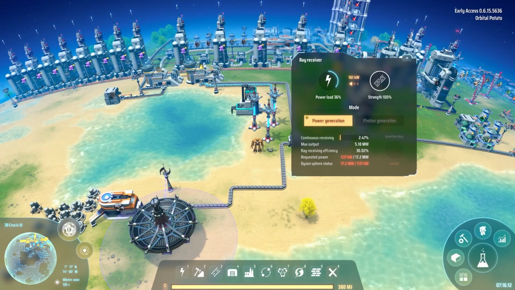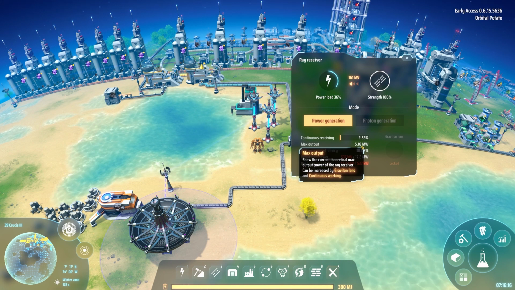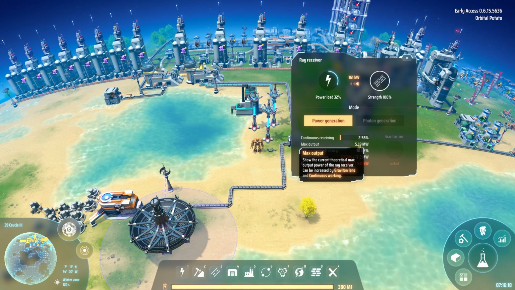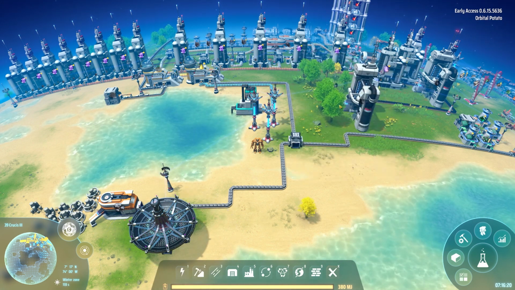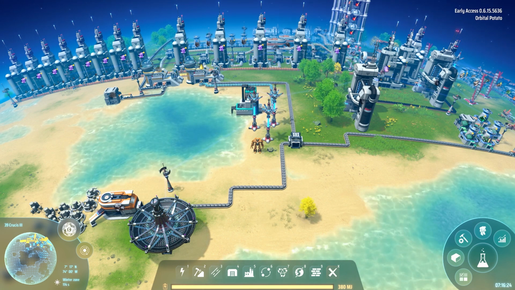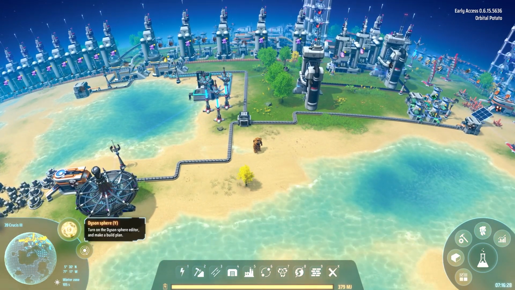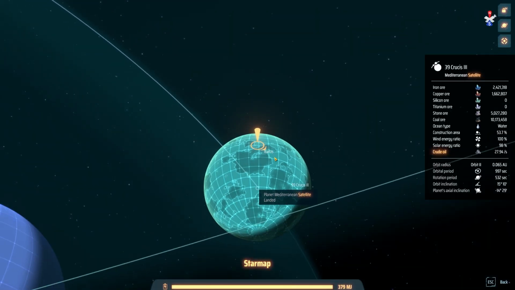This is where we left off. We've got our ray receiver. We're not exactly making a terrific amount of power at the moment. It's not terrible. It's not bad. It could be worse. It could be better. But it's fine for now. Anyway, what we want to do is pretty much immediately schedule a trip